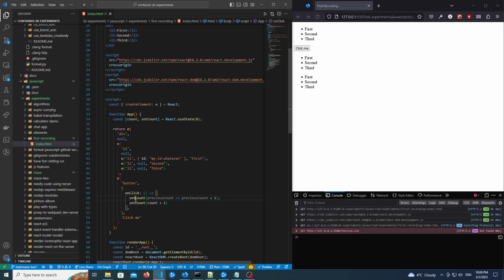Like this here is not gonna work. It's not gonna cut it because reasons. So if you want to rely on previous state, give it a callback. And here, click me count